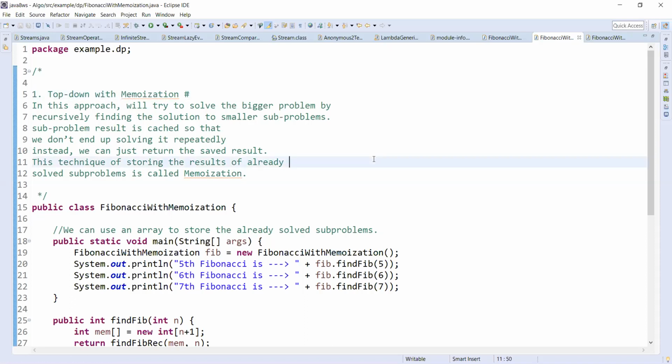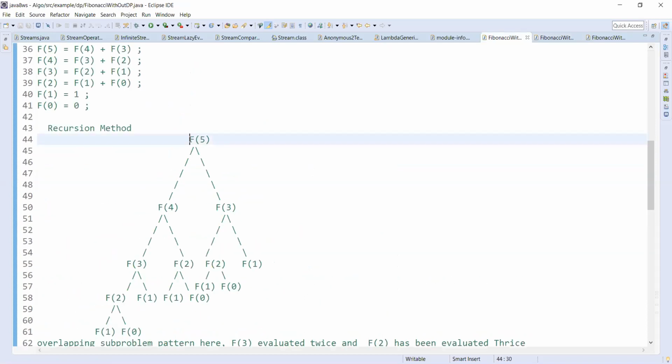So we are still going top to down. Like I show here, when I try to compute f of 5, first I need to calculate f of 4. To find f of 4, I need to calculate f of 3, and I need to calculate f of 2 for f of 3. For f of 2, I need to calculate f of 1. Likewise, when I reach here, to find f of 3, in this left substructure we already have a solution.